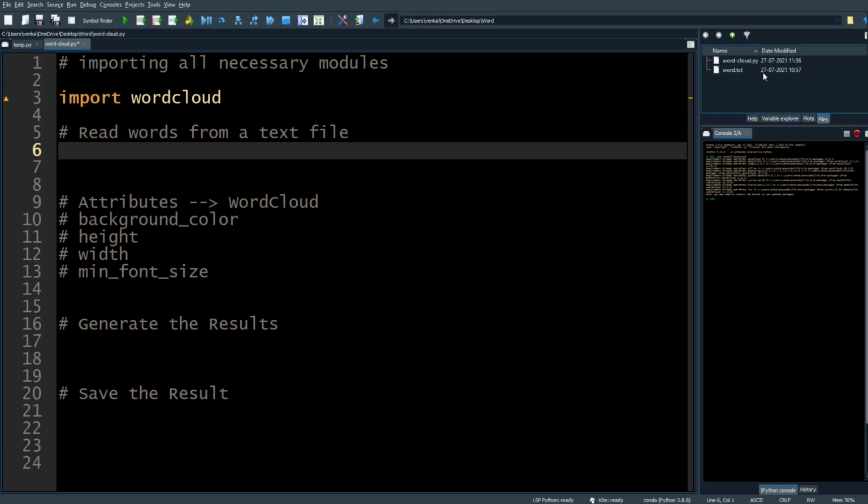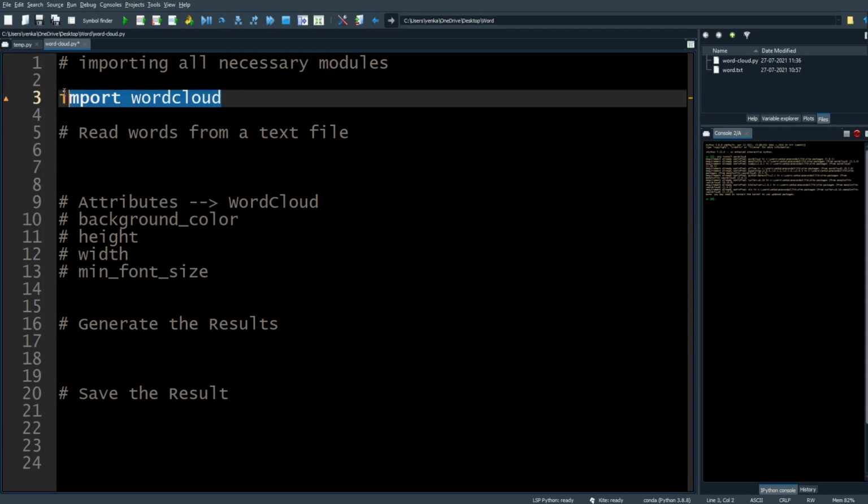Okay, you can see the word.txt has been stored where my program is located.